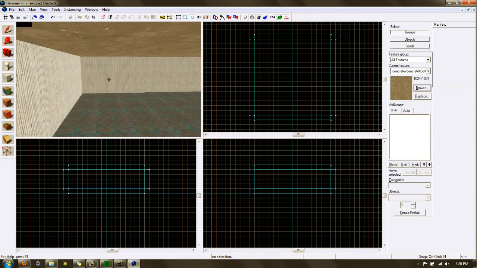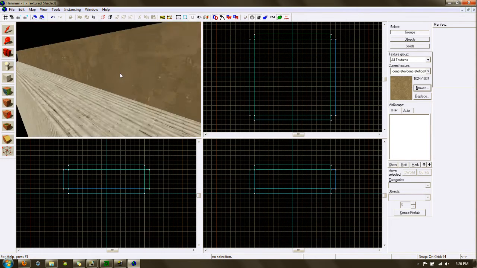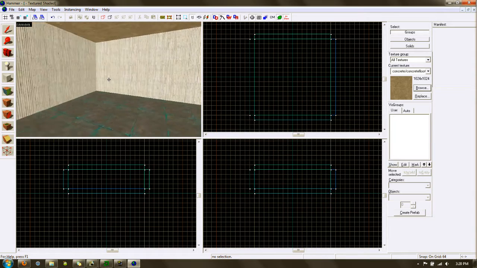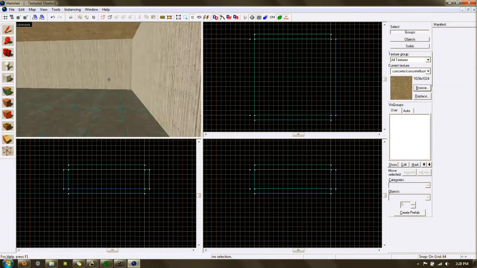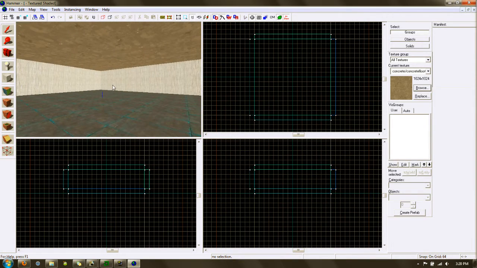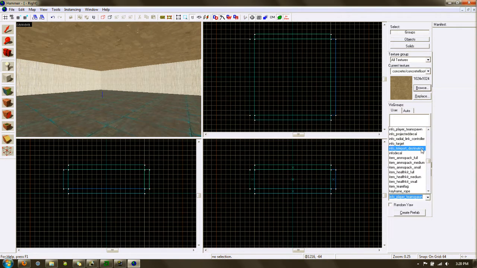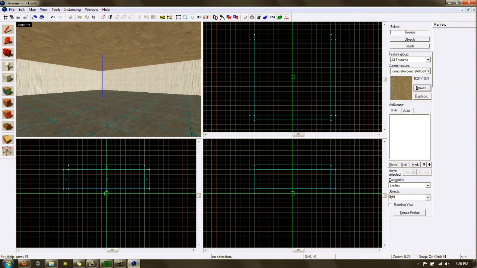If I were to render the map right now, I would have just a dark room because there are no light sources. So next thing we're going to do is create some light sources. I'm going to go over here, click the Entity tool, click down on Objects, right over here, go down to Light, and then I'm going to go ahead and place one in the middle, make sure it's moved up, right click,